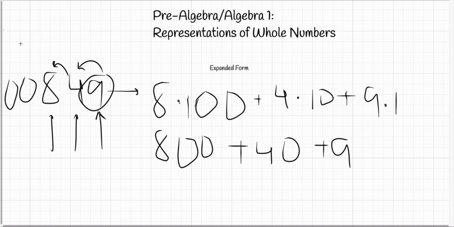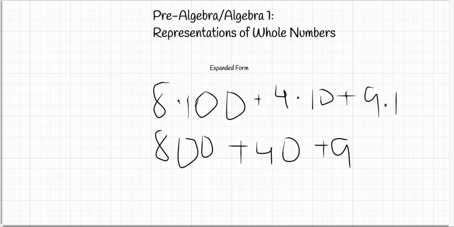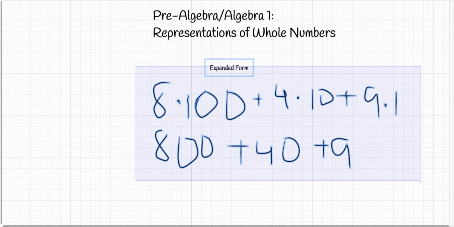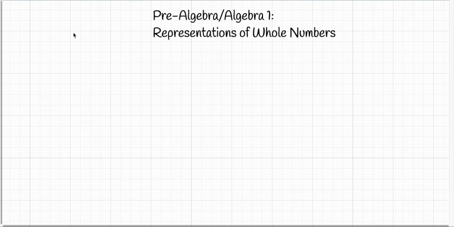Moving on. Let me get rid of this stuff. Then we actually have words. And I'm assuming most of you know how to do this because words is probably what you learned before pre-algebra, like in elementary school. You probably learned something like 849 would be,